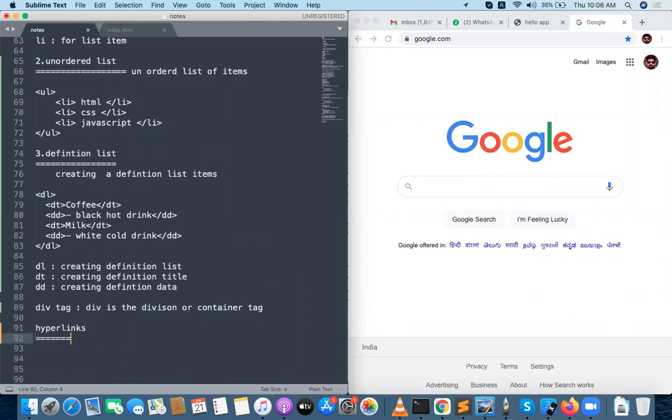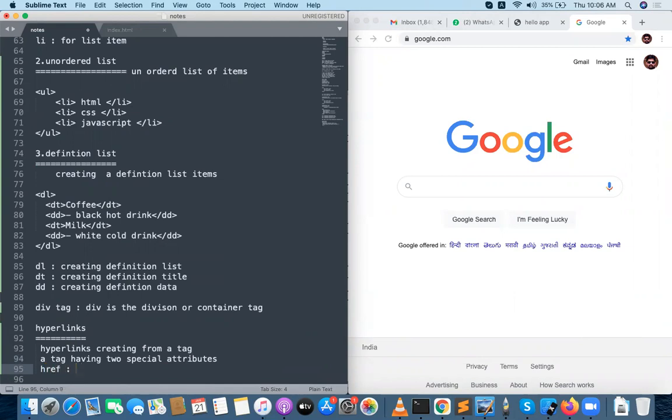Hyperlinks are created from the a tag. The a tag has two special attributes: href and target.